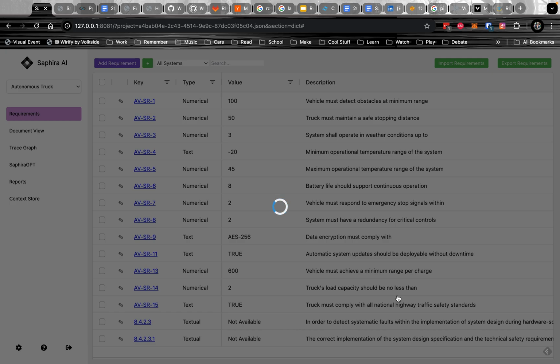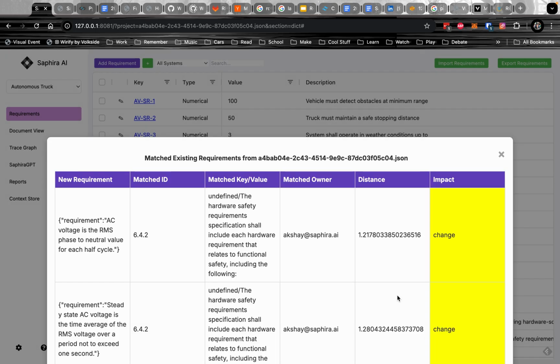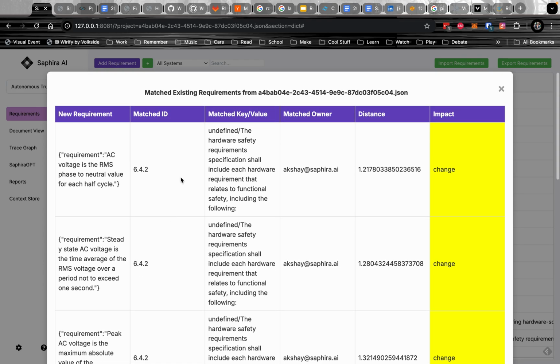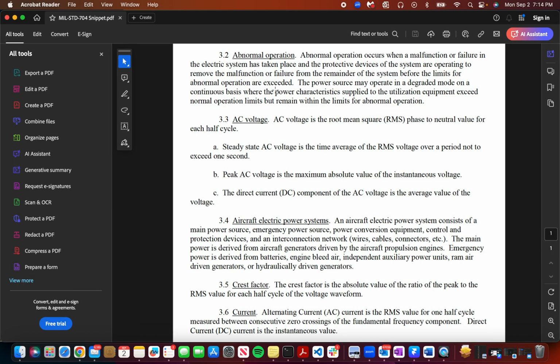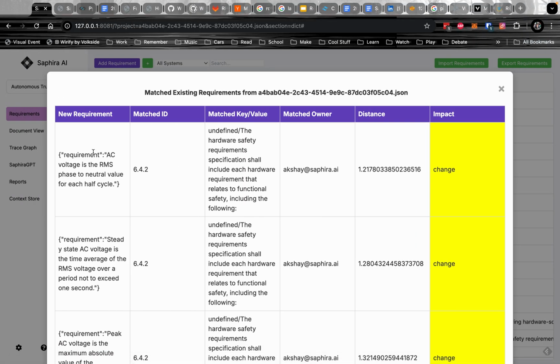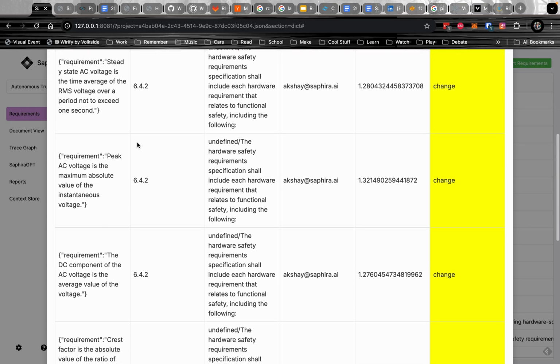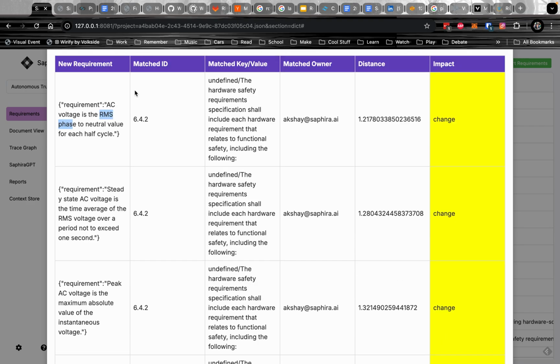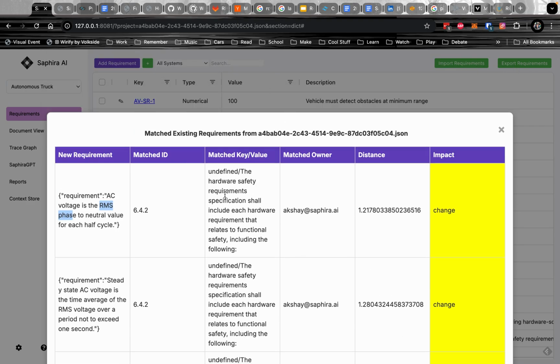So what we're going to see in just a minute is that we should see a few specific properties of ISO 26262 pulled out. So for example, up here we have some statements around the AC voltage, the RMS phase. So we see that almost all of these are really closest to clause 6.4.2 extracted from section 5